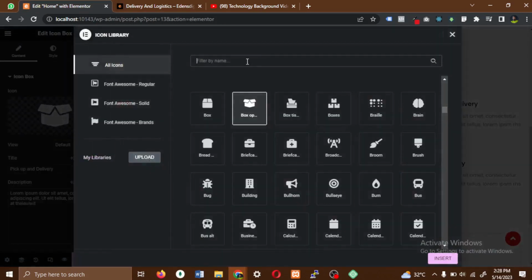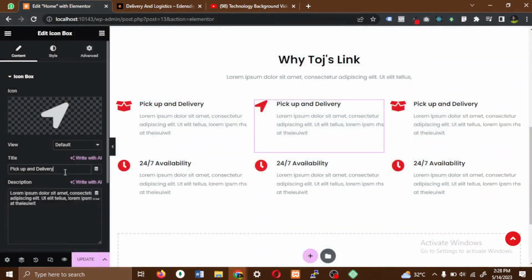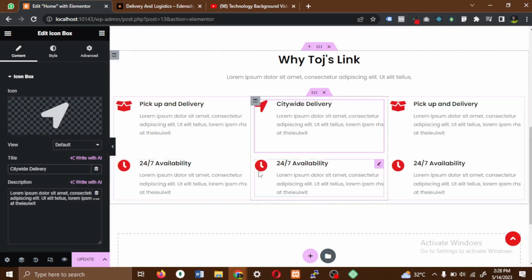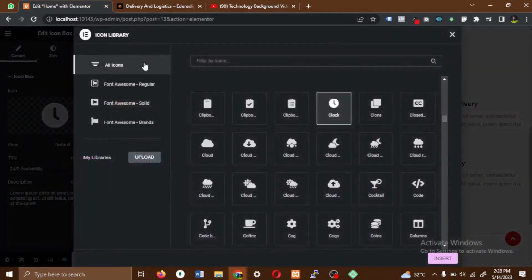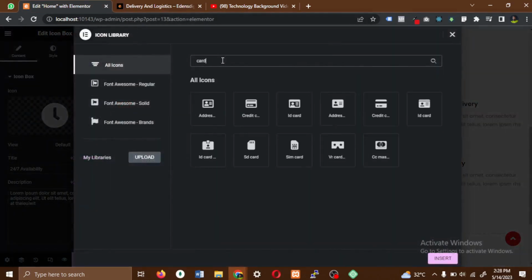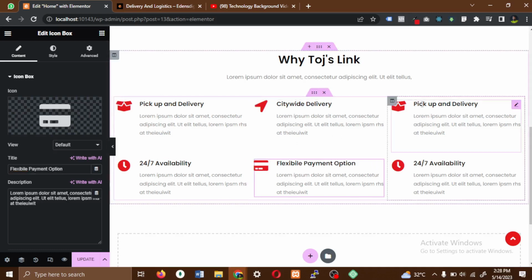delivery. All right, let's say location. All right, citywide delivery. Citywide delivery, and I can do this one too. This one is flexible payments option. I can do card. Okay, credit card. All right, flexible payments options. Right, do you see that? Beautiful. And the last one,